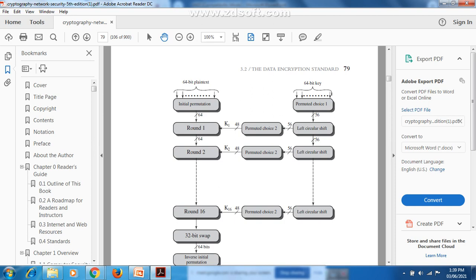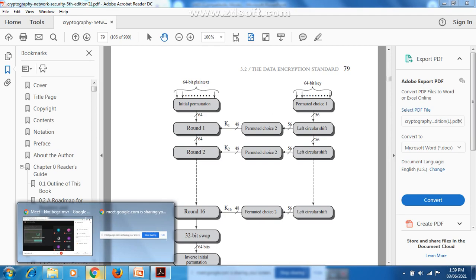Even though it is taking a key of 64 bit, that will be taken as an input to the algorithm, but the bits of the key which are numbered from 1 to 64, every 8th bit you are going to ignore. If you ignore 8 bits you are reducing it, so it will come to 56 bits.